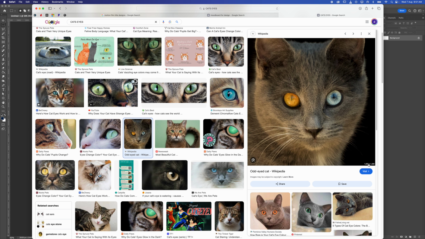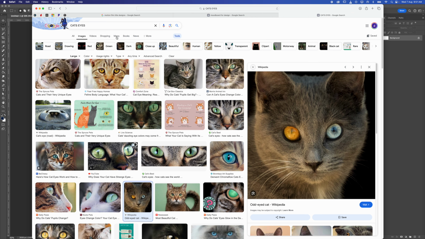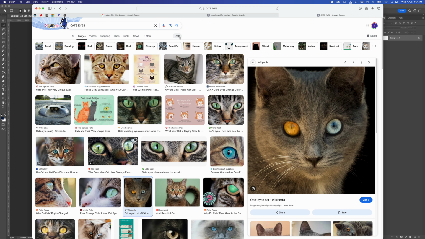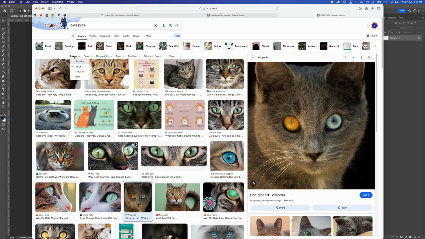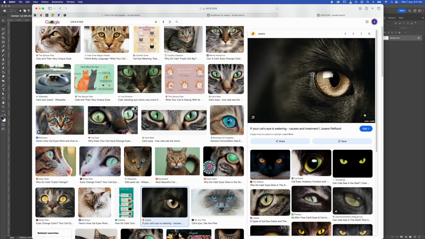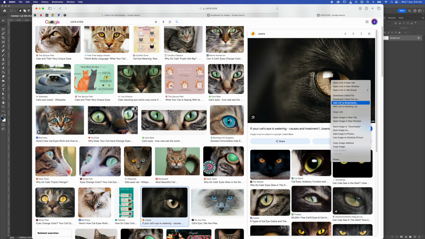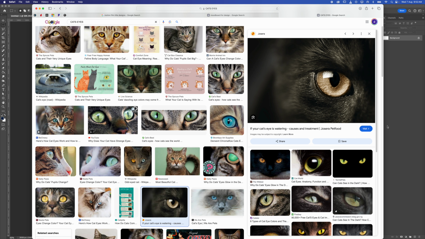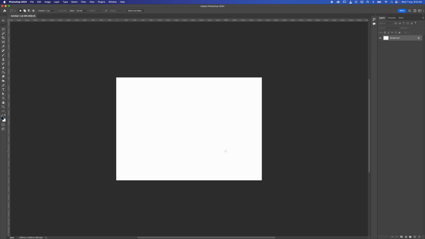I'm checking out the resolution here because I do want to have good quality images. So in my tools, I am setting the size to large. So in this particular instance, that's kind of what I want. Actually, I like this black one here as well. So this is a fairly large image. I can see as you hover over there, you should be able to see hopefully the image size. So I'm just going to right click on that and copy image, and then jump back into Photoshop and simply